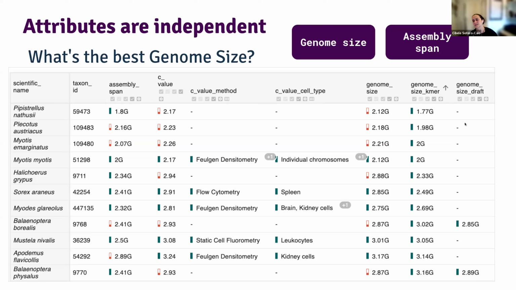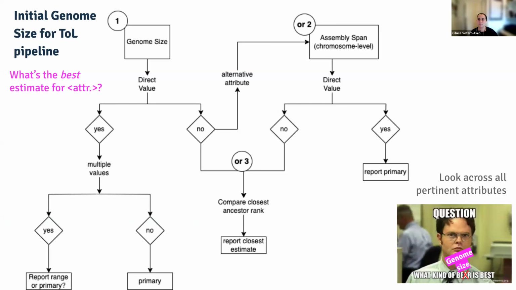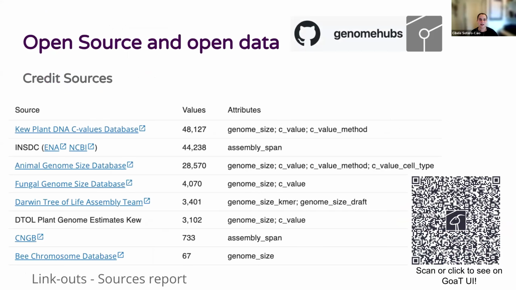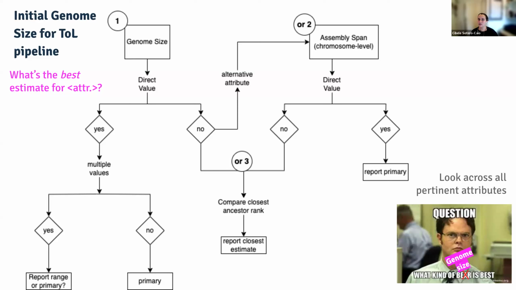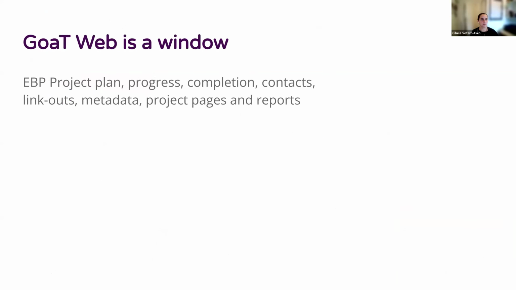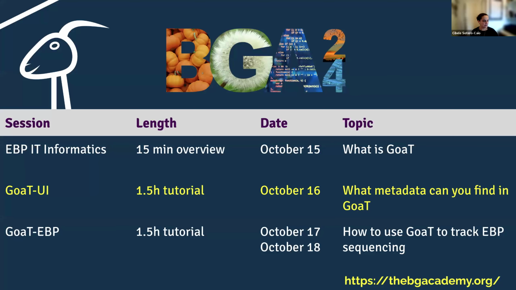I have 1 minute. Should I stop now? I will have to go because we have the OMARC session active. I can stop here. But the main thing is to always make sure that you are using all of the available information in GOAT to make your decision. I'll go over this tomorrow. And remember that tomorrow and the day after, we have a continuation of this, but more focused on the projects, how they progress and complete, and the reports.